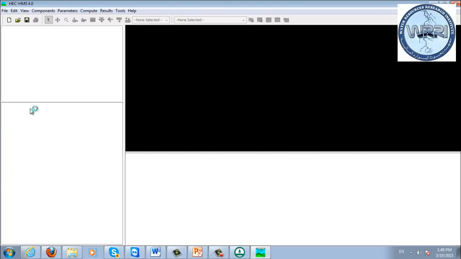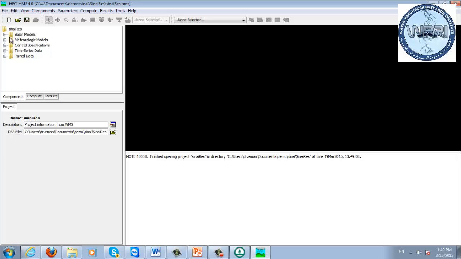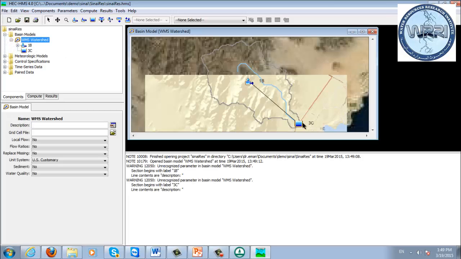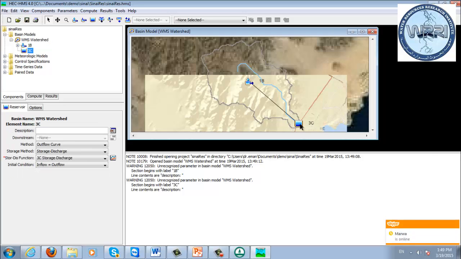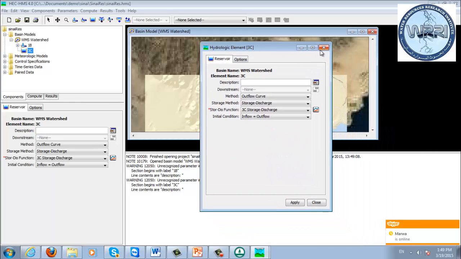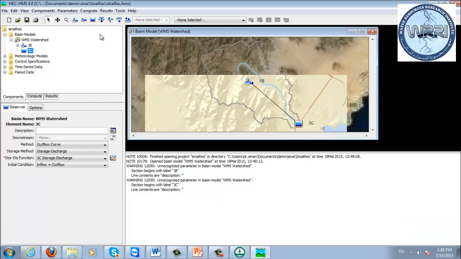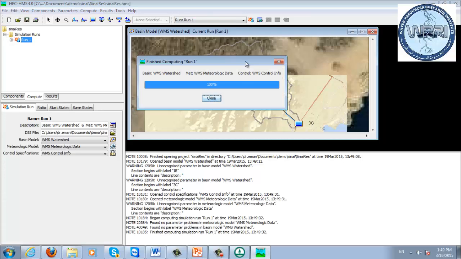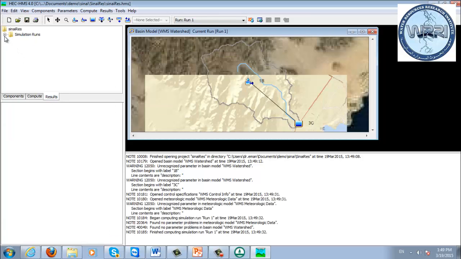And I'll read in that project. And if I look at this project in HMS, you'll see that for this element I have a reservoir defined, and these are the reservoir parameters. So I can go ahead and run this simulation. Let's run the simulation, and if I look at the results, you'll be able to see